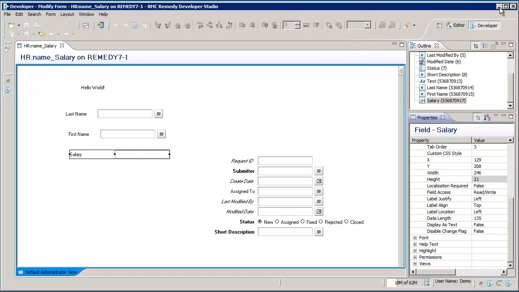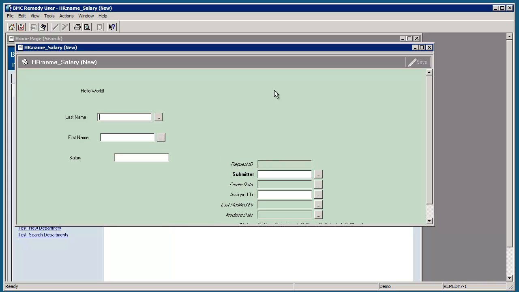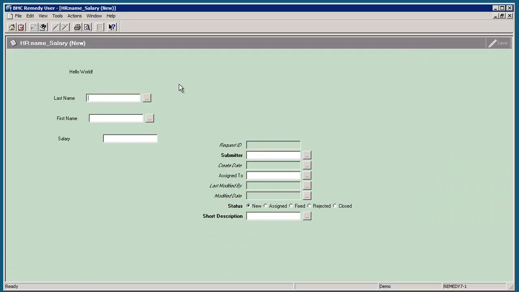So let's see if we can run this form. We'll minimize this, and we'll bring up the Remedy user tool, and let's look for all forms beginning with HR colon. And there it is. And let's create a new form. So right now we're using the Remedy user tool, which will be going away, but we can see that we can enter names, last name,